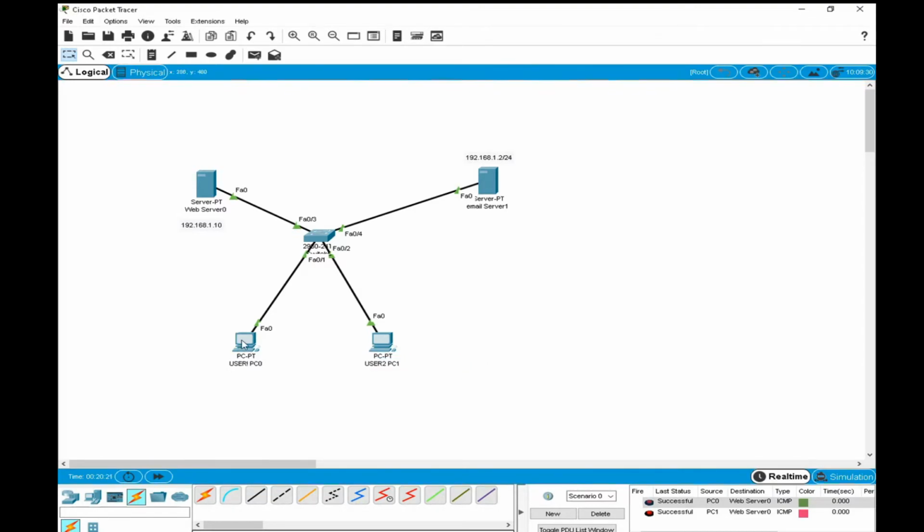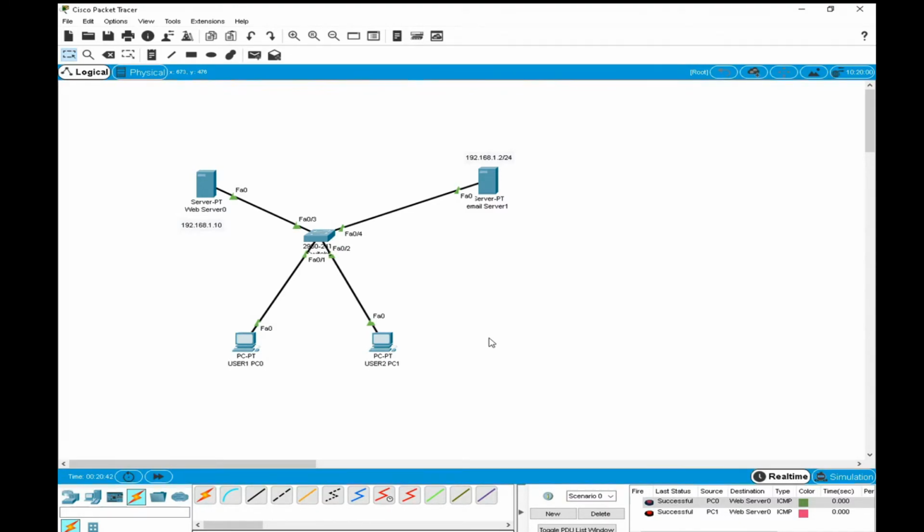So I need to send the email. Okay, this is user 1. So now I need to configure the mail client on this PC 0 and PC 1.